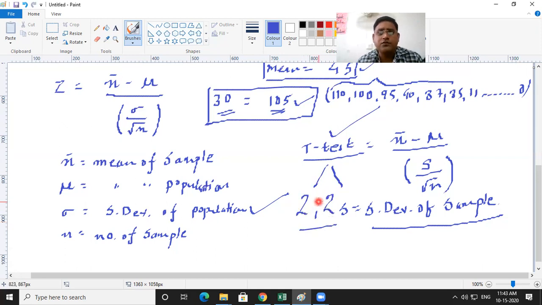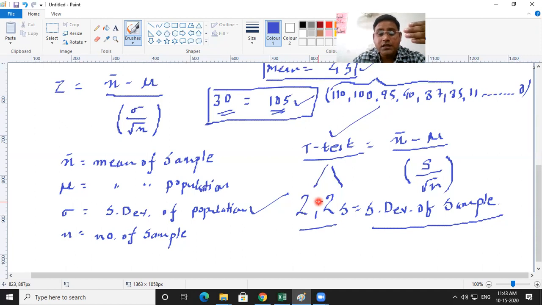Now, in some books you will find that we can apply t-test only when the limitation is that data or records should be 30, not more than that. If we are having more than 30 records, we cannot apply t-test. You will find this in some books. But when you go for data science, this is not true.